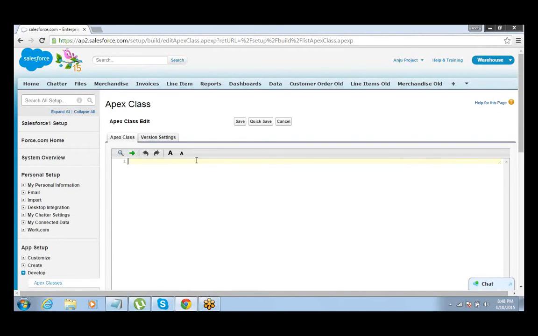All right. So make it a public class, give it a name, so you can give it whatever name you want. I will call it C2, and then we start writing the code for it. So let's say, okay, I want to display a list of accounts. So first of all, I should define the variable, a list of accounts.